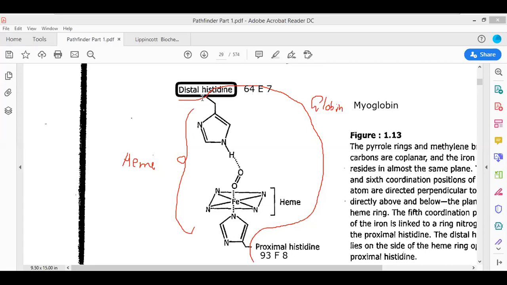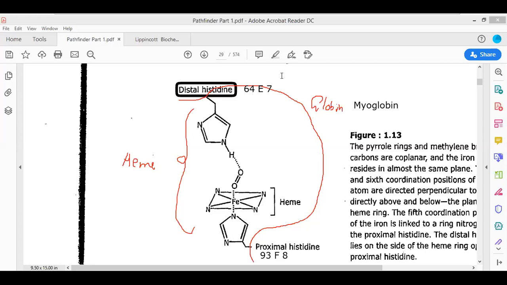See, this is not hanging in a particular row. It is present in the form of a helical structure, and that helical structure is that of globin. This helical structure joins the distal histidine and proximal histidine. I have redrawn the diagram.